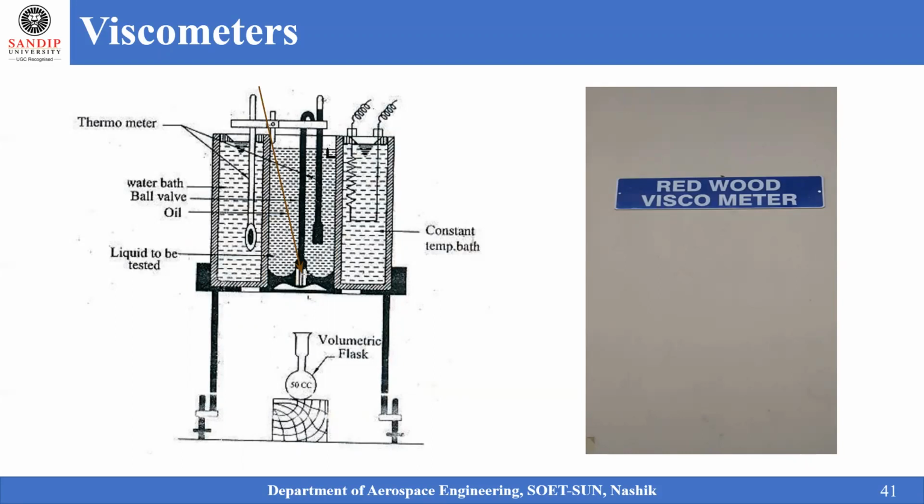The viscosity of the oil will be varied. By using this setup, we are measuring the viscosity of the oil inside this particular flask. Heat is being conducted continuously by the water, and oil is collected in the flask for a given time, so we can talk about the mass flow rate of the oil released from this flask for filling a fixed volume of 50 cubic centimeter.